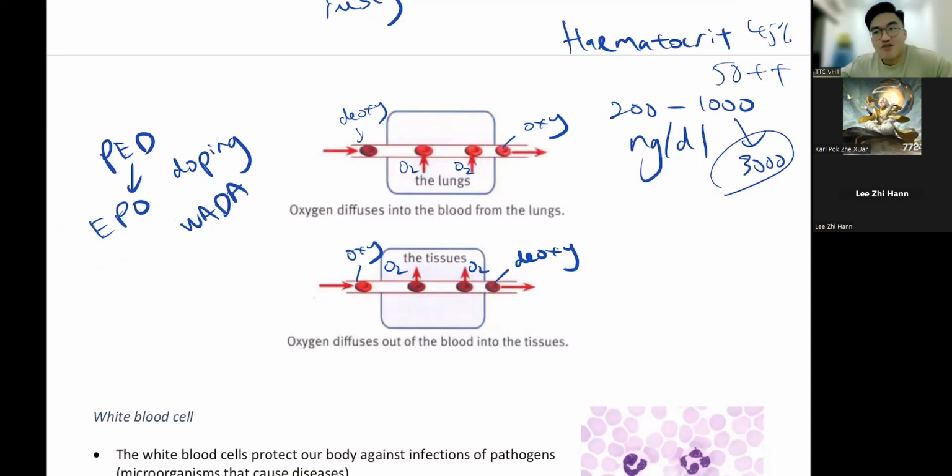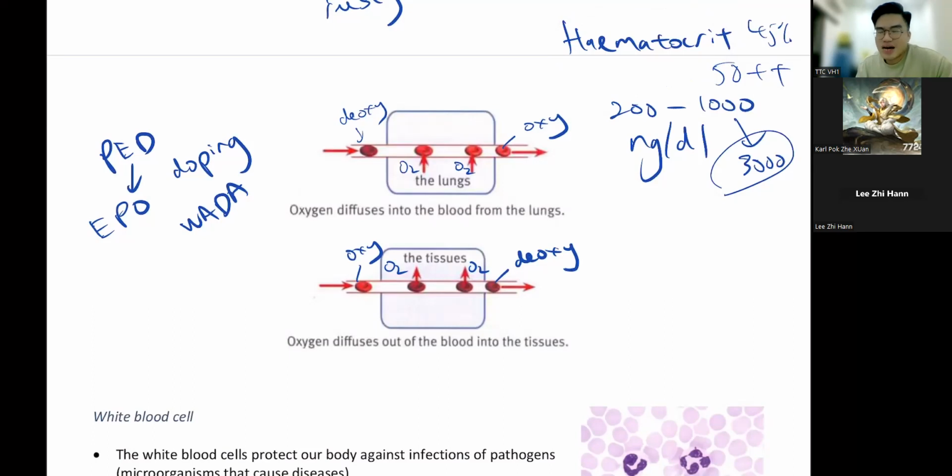If you have no money for EPO, this is the method to do it. You draw blood out first, let your body replace the blood, okay? And then before the competition, you put the blood back in. So this is also another type of doping, right? I mean, you can be caught also because when they test you, your hematocrit is still high,